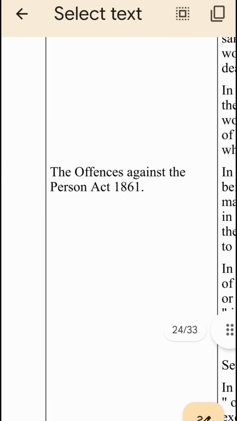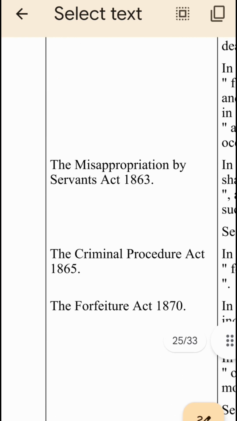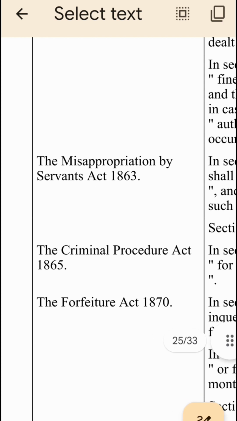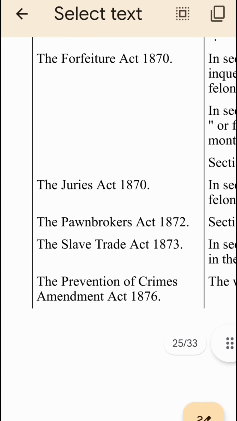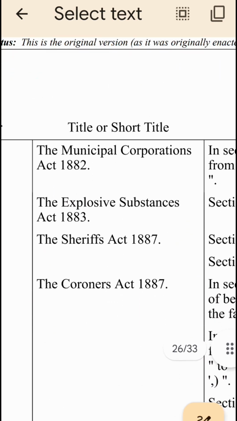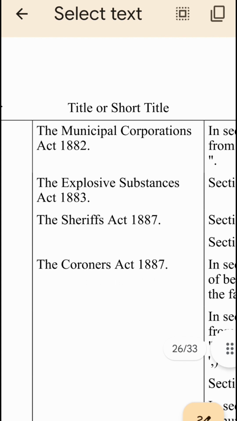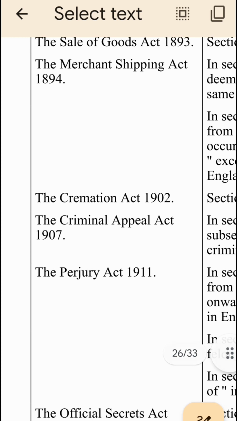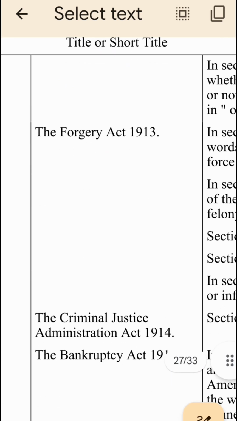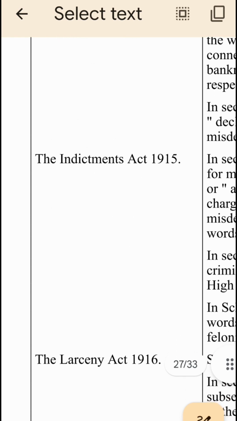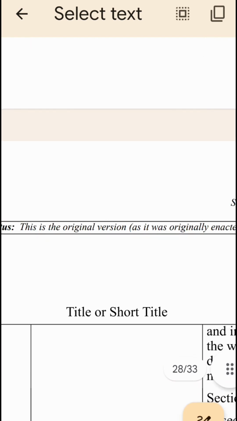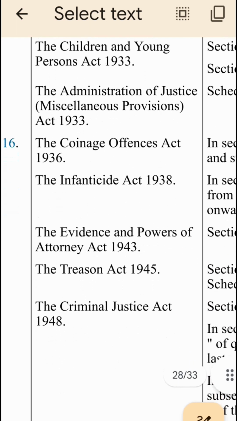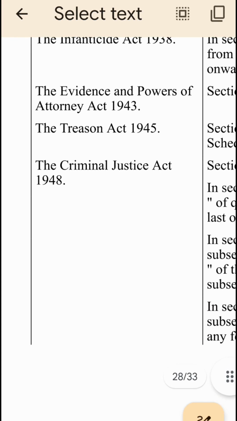I wonder if these have got something for the misappropriation by servants, Criminal Procedure, Forfeiture, Juries Act, Pawnbrokers, Slave Trade, Prevention of Crimes Amendment, Explosive Substances, Sheriffs Act, Coroners, Sale of Goods, Merchant Shipping, Cremation, Perjury, Official Secrets again, Forgery, Criminal Justice, Bankruptcy, the Indictments Act, Trustee Act, Bankruptcy, the Coinage, Treason, Criminal Justice Act,